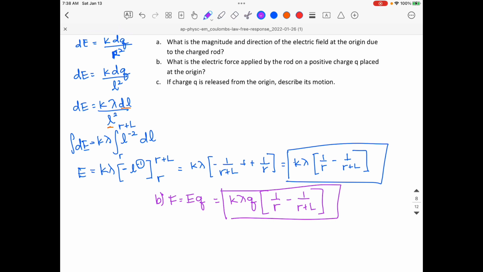Okay. The last problem, part C, says the charge will move to the left with an increasing velocity if the charge is released from the origin. Describe its motion. Since we've got a force and F is equal to ma, we know that the object is going to have an acceleration to the left. But we also know that as it moves further and further away from the charged rod, the force is going to decrease and therefore the acceleration is going to decrease. So when we want to describe this motion, we're going to describe it as move to the left